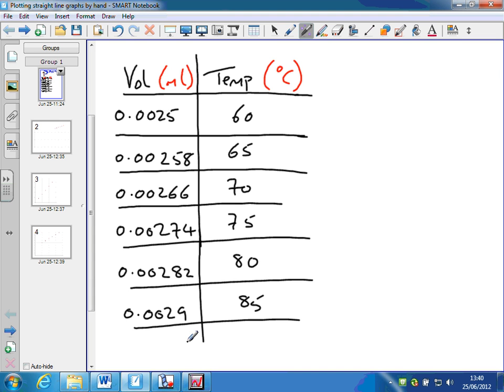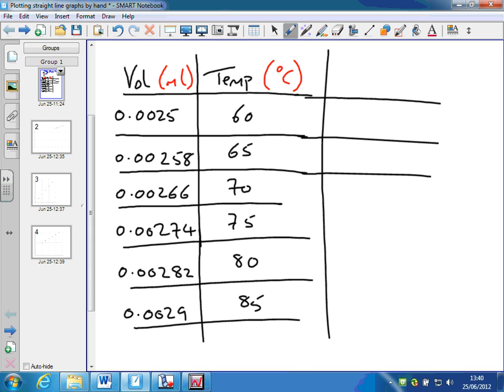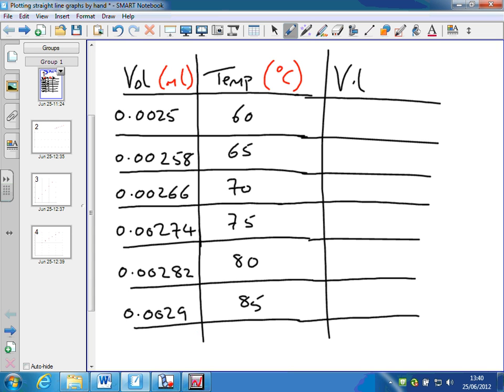So what we do is we generate another column. So if I were to do this on the right here, where I'm going to change the position of the decimal point to a more convenient place in the volume. So now the volume is going to be in this column, volume. If I change the decimal point 3 places to the right, 1, 2, 3, that makes that 2.5. So if I were to put 2.5 in here, that would be a much more convenient point to plot on